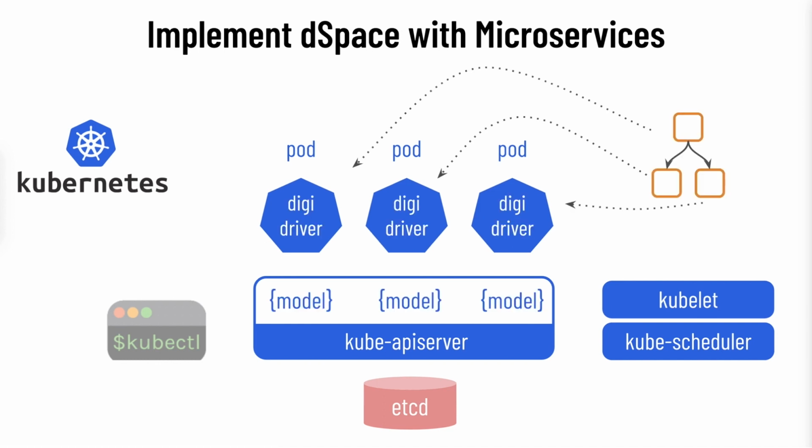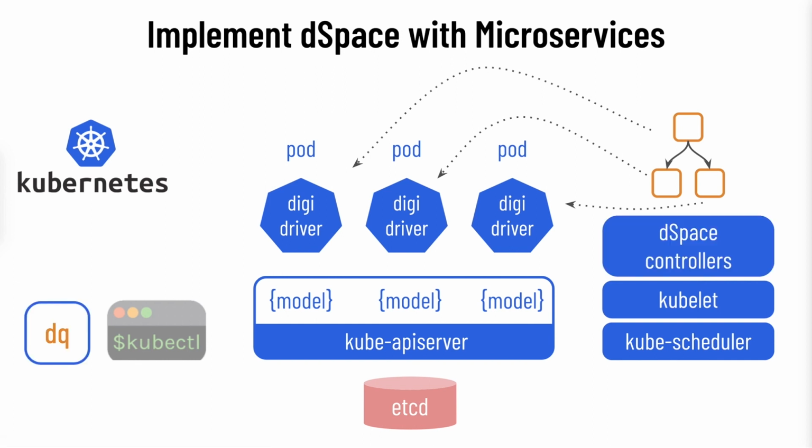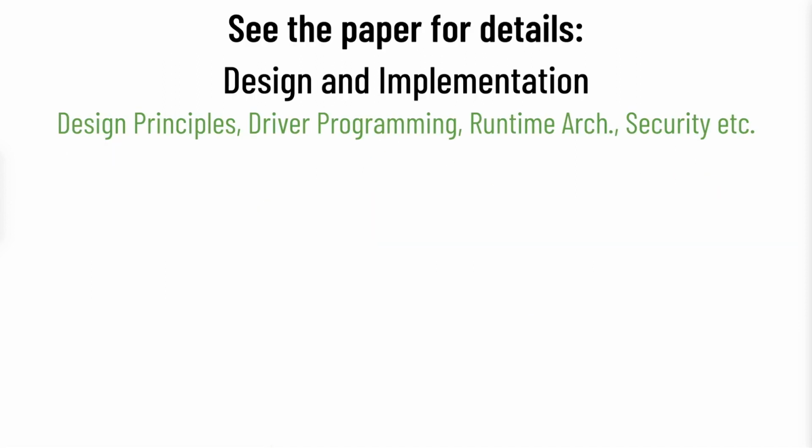For dSpace, we deploy the drivers of digis as pods and keep their models as objects in the API server, and implement controllers and CLI that are useful for dSpace operations, such as ensuring the correctness of composition. You can find more information about the design and implementation from our paper, including a summary of design principles, runtime architecture, and the implications on security as well as